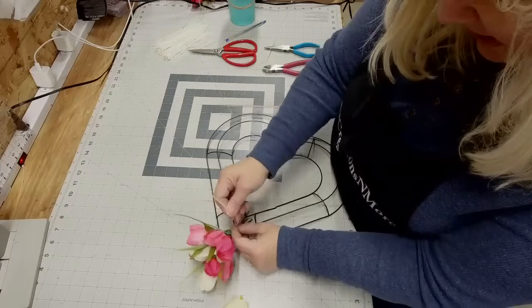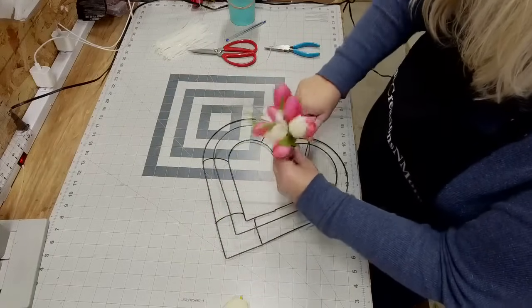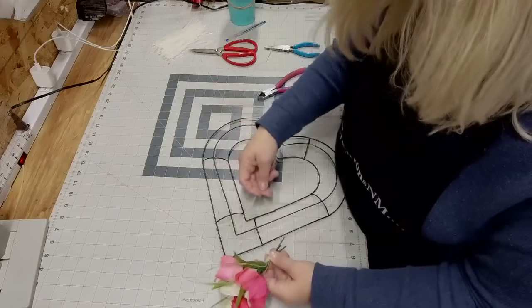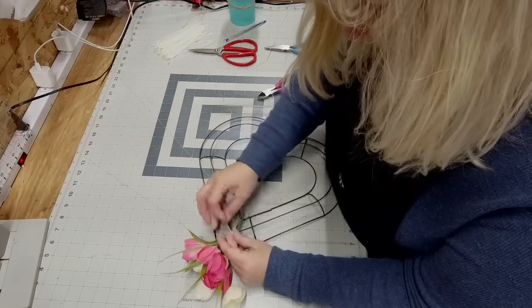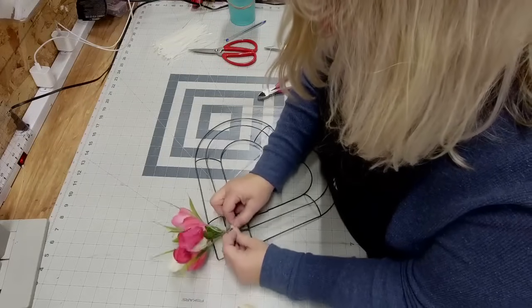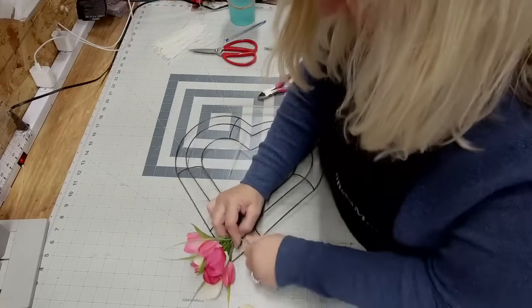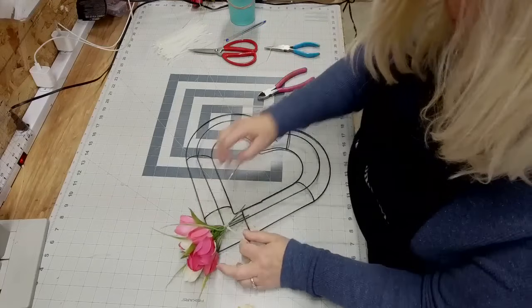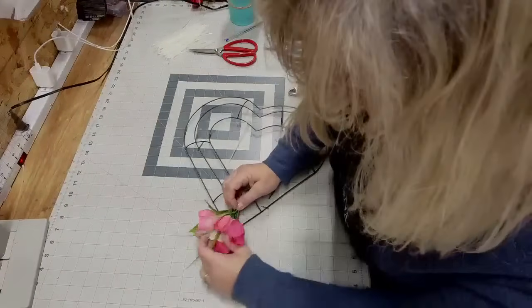So right here on this frame, and I completely missed the frame. Okay, move that one off. We're gonna go ahead and get that zip tied right in here, right over the top, so that it's actually on the frame this time. And I want to go above where I placed my zip tie so that it won't pull through. So this one's going to be squirrely until you get all the other ones to go any lower than about midway. But you don't want to make them too short that they come out of your zip tie. So like this,